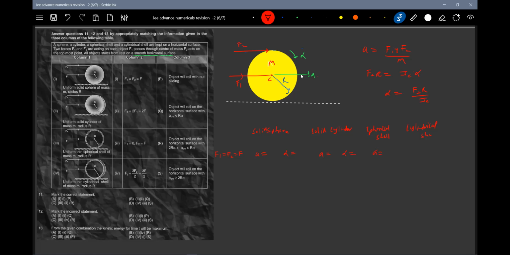Not interested? No, sir, I'll not draw the tabular column, your wish. Just for me, it's a little bit easy to explain. I'm going for it. Let me do like this. Really, it's not about what concept, but in less time, how you solve this. If F1 equal to F2, this will become 2F by M. Write it 2F by M. Then what is alpha? Moment of inertia, solid sphere, 2 by 5 mr square, and F2 equal to F.